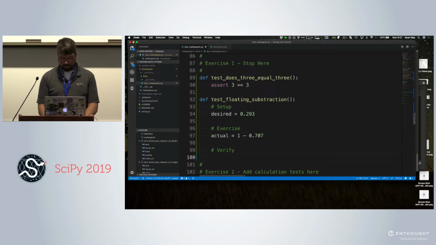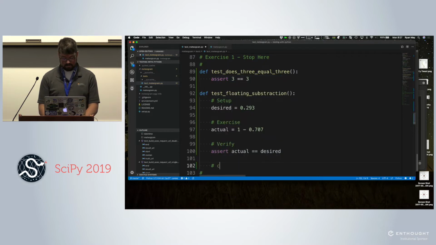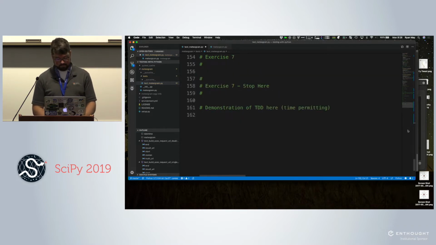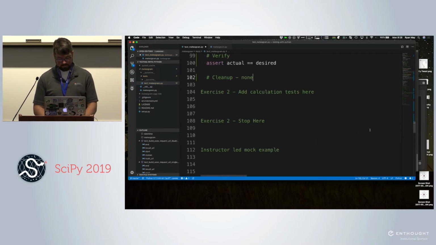Verify. We're going to assert that actual is equal to desired. Cleanup. None. Oops.